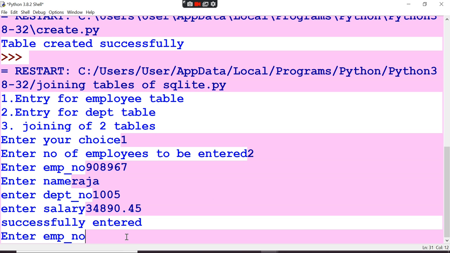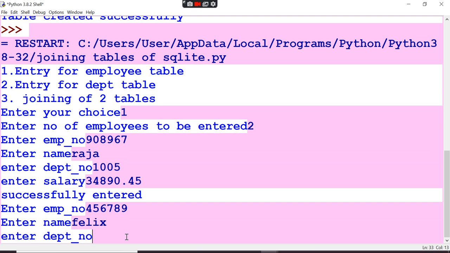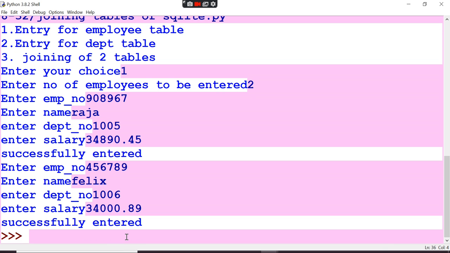Successfully entered, right? Then enter employee number, because you have said already that you want to enter 2 employees, right? So next employee number, then employee name, then department number, then salary. Okay, successfully entered.